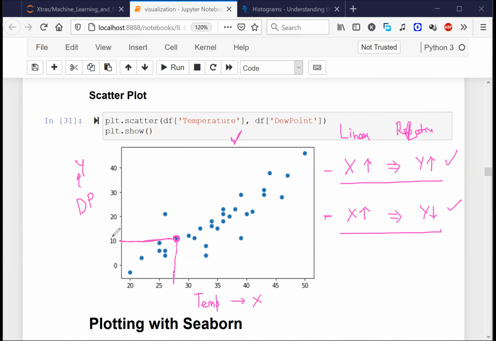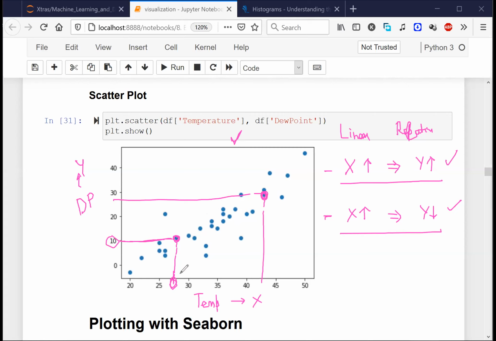Are you all confirming this? Now let me take another data point, somewhere here. Is this the temperature value and is this the dew point value? Am I correct?